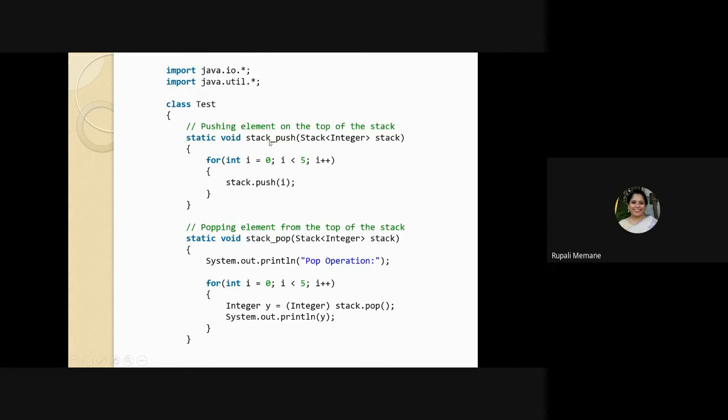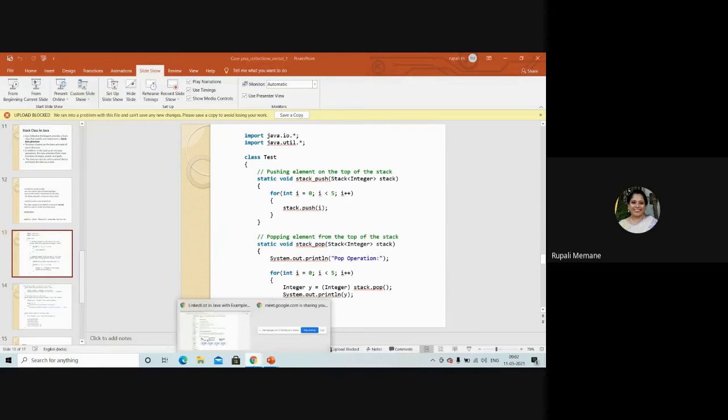So the stack push method is basically going to push an element onto the top of the stack, wherein I'm going to pass the stack. Now this stack, as we know, we need to define the data type here. So this is going to be a stack of integers. Now how are we going to push it? I'm going to create a for loop here, and I'm going to put in the elements in the